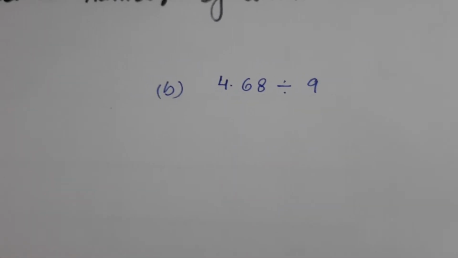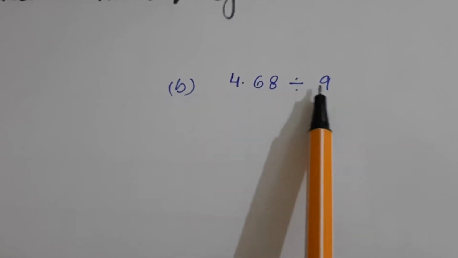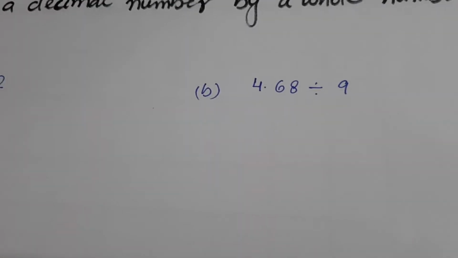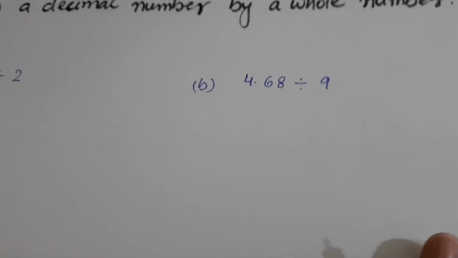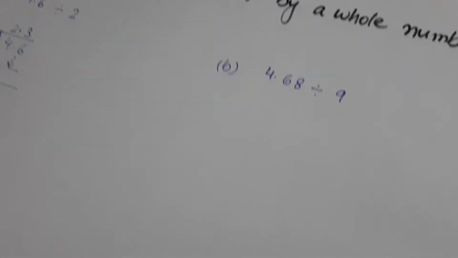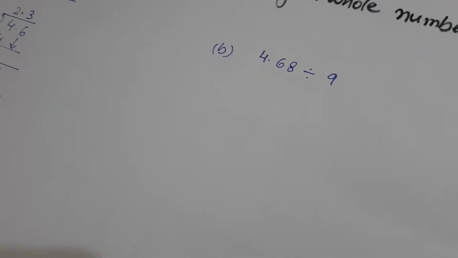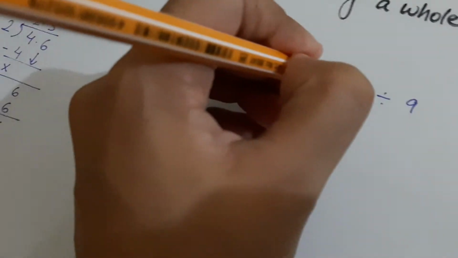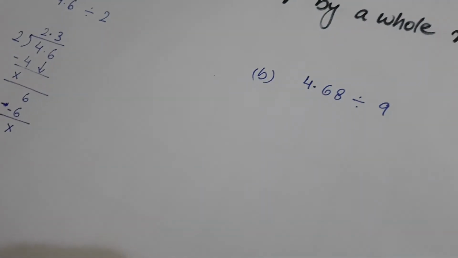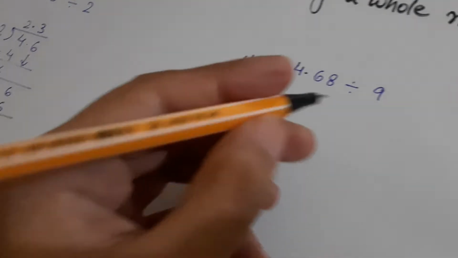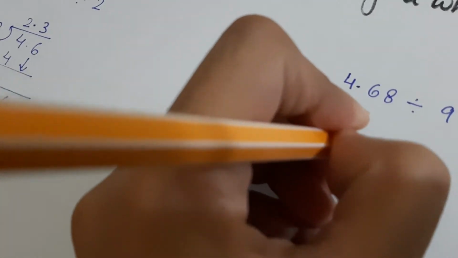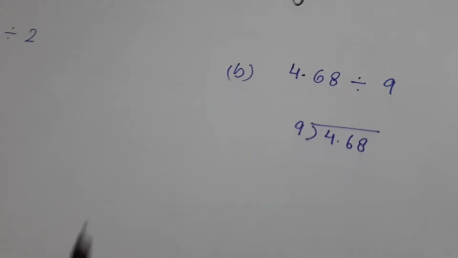Now let's move on to this next part, 4.68 divided by 9. Now it's a bit of a bigger value. You have 2 decimal places over here. 4.68 divided by 9. So let's solve it. 4.68 divided by 9. Now what we have to see is